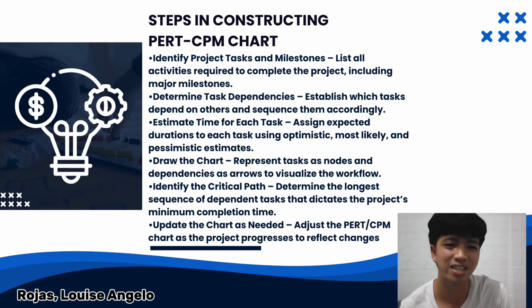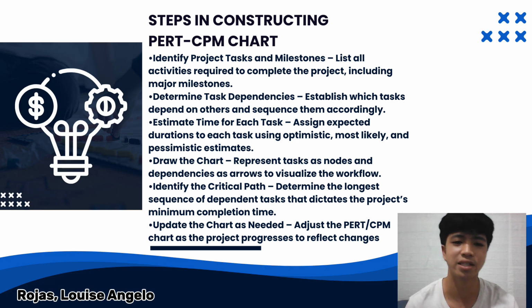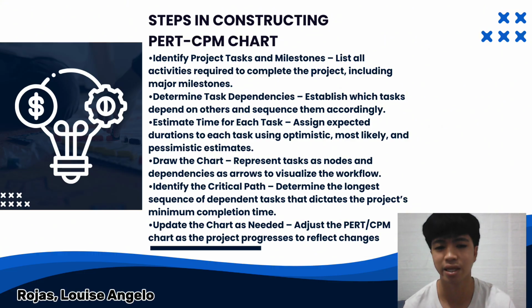So next, identify the critical path. Identifying the critical path is finding the longest sequence of dependent tasks that dictates project duration. The critical path takes the longest because it's the backbone of the project schedule. It requires detailed analysis, it involves calculations, and it requires multiple revisions. By taking the time to accurately determine the critical path, agribusiness projects like the hydroponic farm expansion can ensure efficient